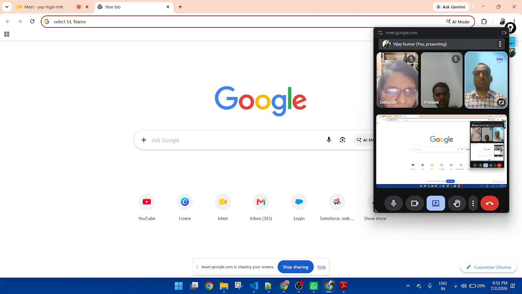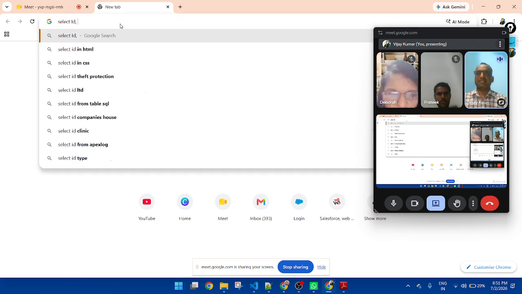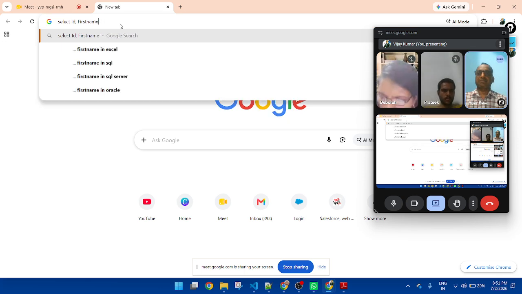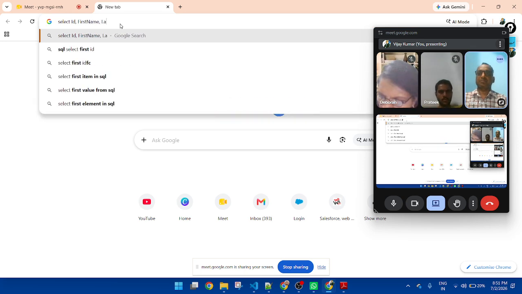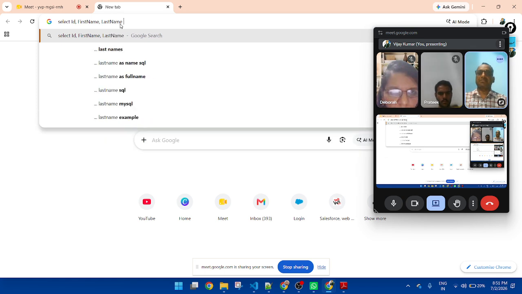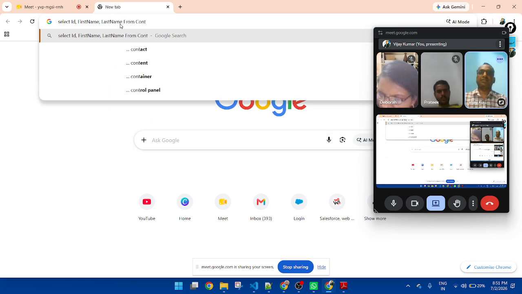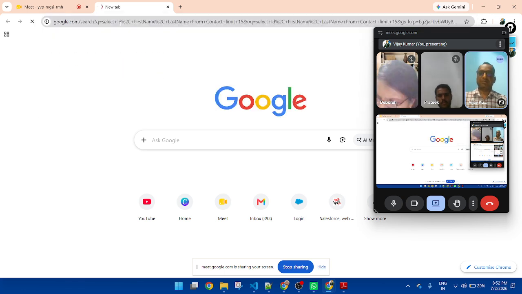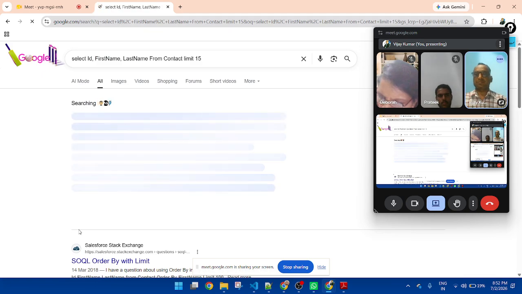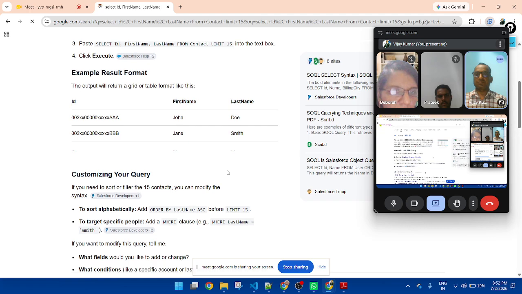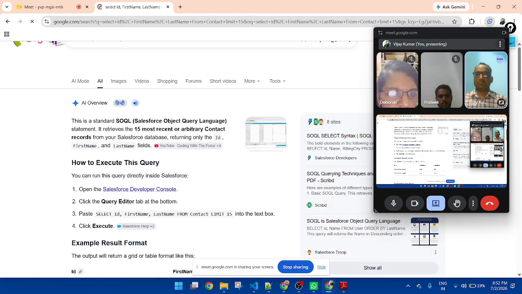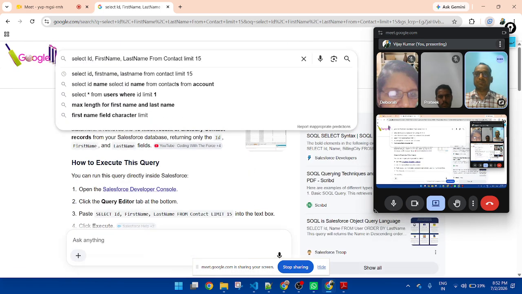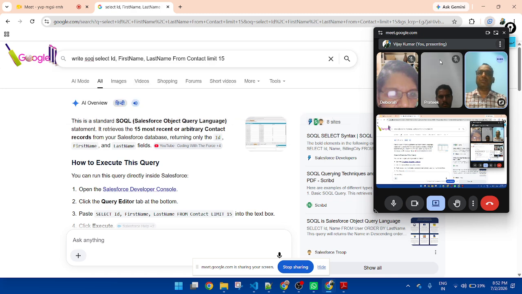Limit is a clause. If you're searching name, ID, first name, last name from contact limit 15, write the SOQL query.